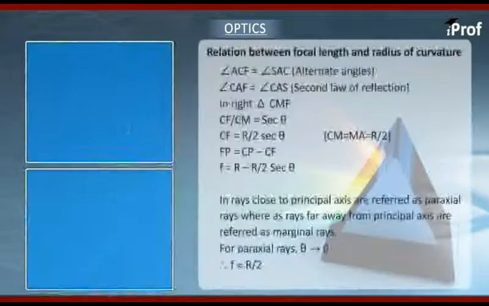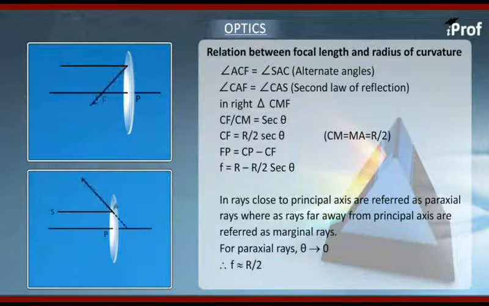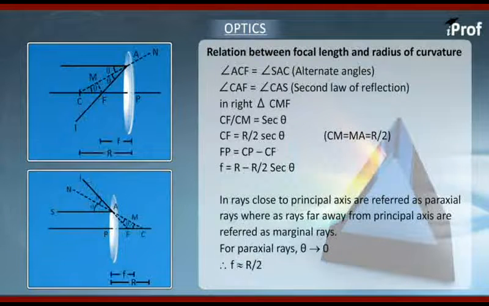Now we move to the next topic in spherical mirror, and it is finding the relation between focal length and radius of curvature. We have already learned the derivation part of it in lower classes, where we derived the relation between focal length and radius of curvature. Here f represents focal length and r represents the radius of curvature. So this relation is f is equal to r by 2, that is, focal length is half of radius